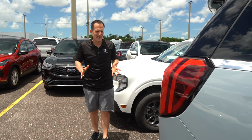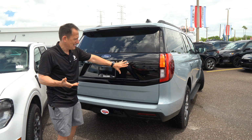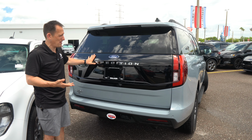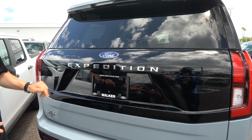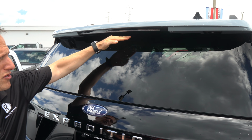And then spinning around back, you gotta let me know how you feel about this. I love the Glacier Gray. This gloss black, that's a big zonk. I'm not digging it whatsoever. Too much gloss black. But of course, you got your color match roof spoiler, and you do have your wiper